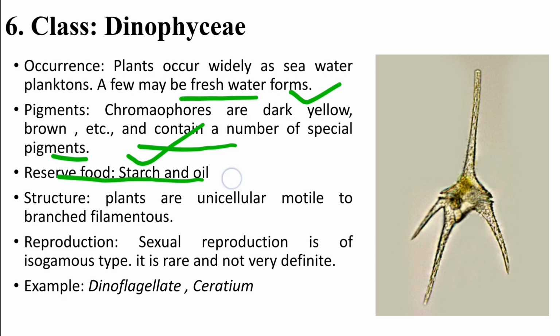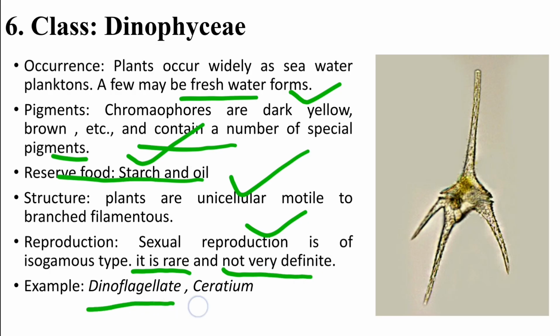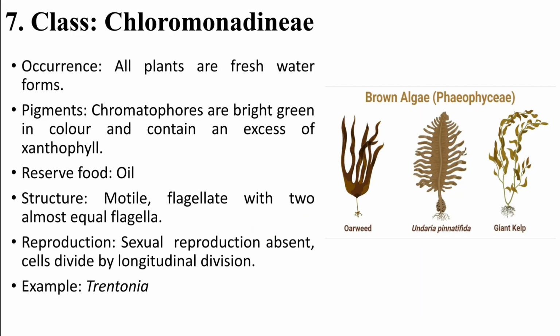Structure, mostly unicellular motile to branched filamentous. So it varies. Reproduction, sexual reproduction is isogamous type. It is rare and not very definite. Examples, dinoflagellate and Ceratium. Next, class 7,